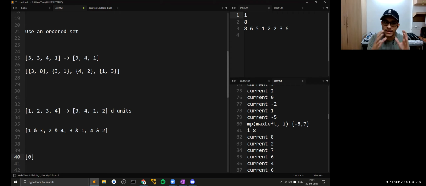Now, since this is a binary array, there would be a point where all of these elements would become 0, apart from certain conditions that I would be discussing. So you want all the elements to become 0. Now you need to find out the minimum number of steps that need to happen for this to occur.